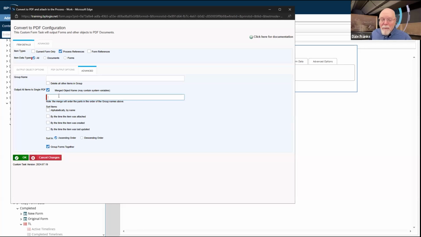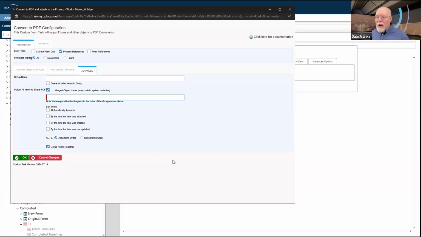By the way, that makes this great to use for archiving. So if you've had Process Director for a long time, and you have all of these old form instances and all these old documents, and you just want to get rid of them all, well, you can certainly do that. First of all, assume we have a copy of the database backed up with all that old stuff in it. It's a big database. We don't want to use it anymore. We want to get rid of all of that old information that's beyond 5 years or 7 years or whatever our document retention policy is.